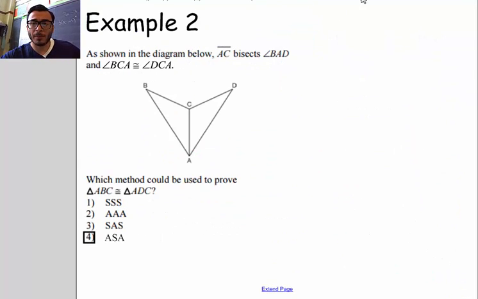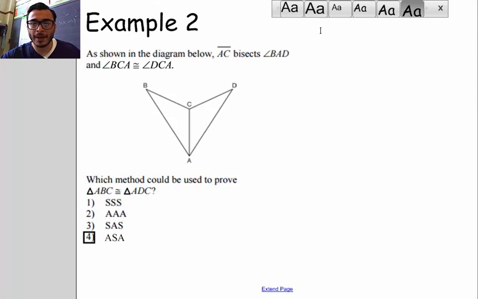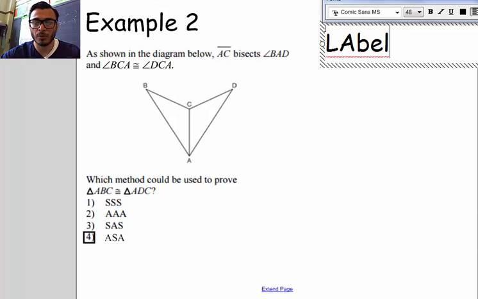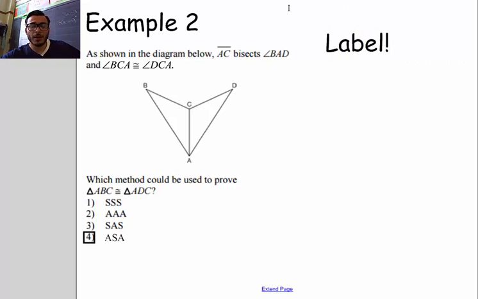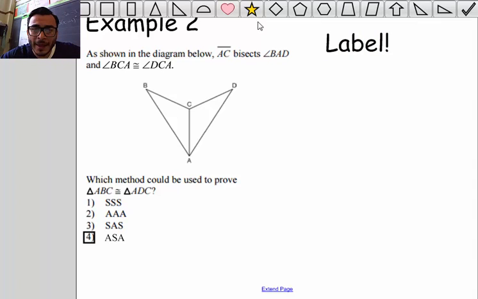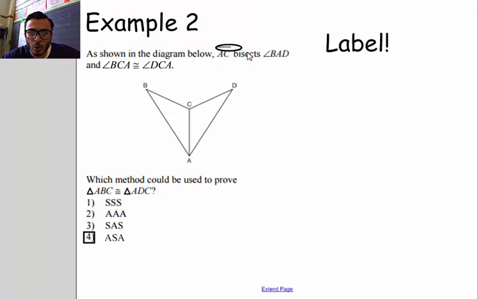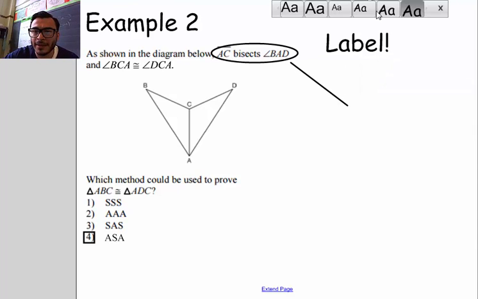Example 2. Remember, you want to begin by labeling the given information. Always begin with that. So it says here, AC bisects angle BAD. Let's go over what that means for a second. AC bisects angle BAD. So what that means is that angle BAD